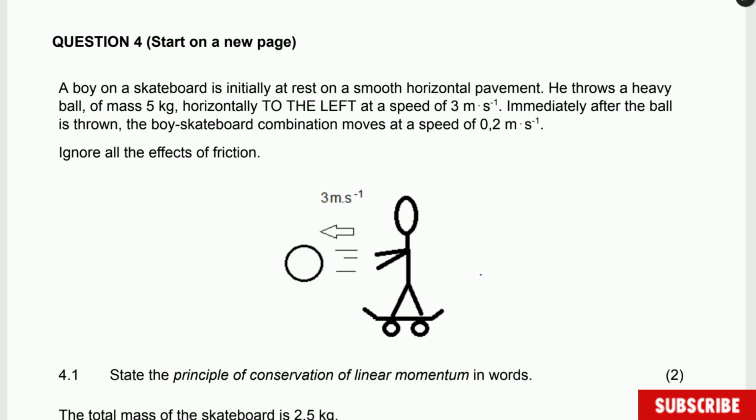This one is question 4, or it was question 4 done in September 2023 in the Western Cape province. This one is about momentum, but before we answer the question,